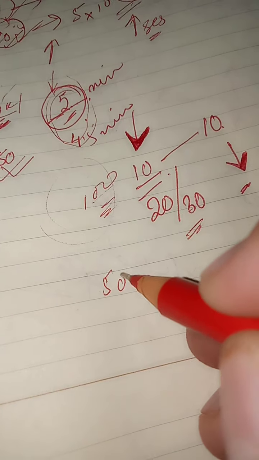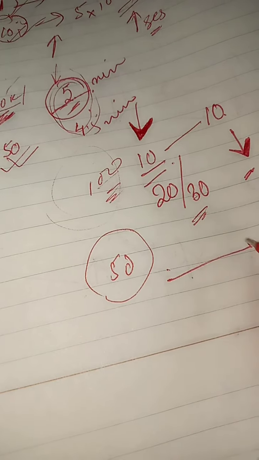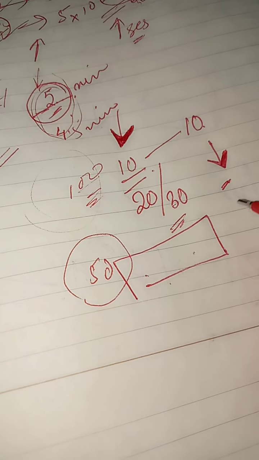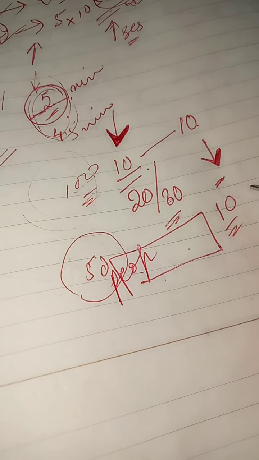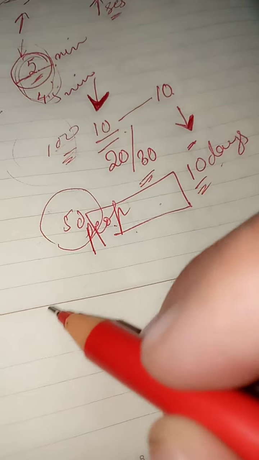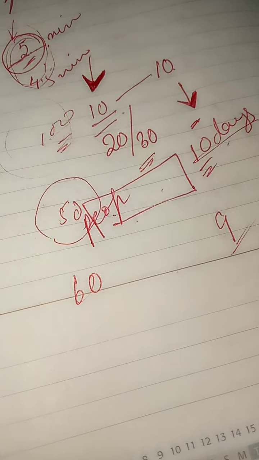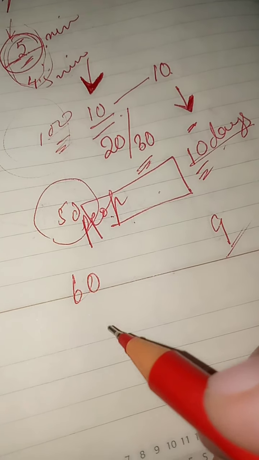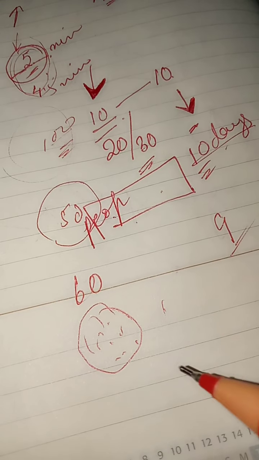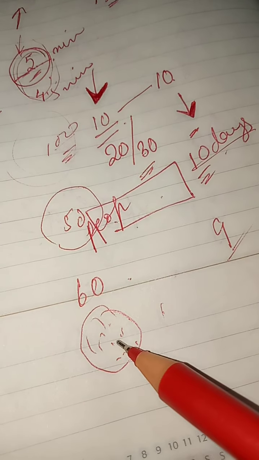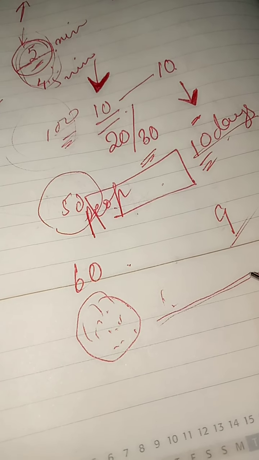Similarly, if there are 50 people consuming a certain amount of food, 50 लोग हैं, एक पर्टिकुलर अमाउंट ऑफ फूड को वो 50 डेज़ में अगर वो सपोज कर लो 10 डेज़ में कंज्यूम करते हैं. 50 people if they consume something in 10 days, if I increase this, if I make this 60, obviously the number of days may be it will become 9 and maybe less than that, right. अगर ज़्यादा लोग एक सर्टेन अमाउंट ऑफ फूड को खा रहे तो ऑब्वियसली वो कम टाइम में ओवर हो जाएगा.